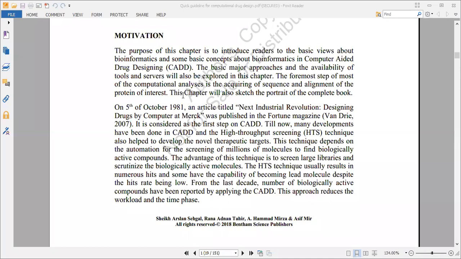After that, an experimental biologist or wet lab expert can analyze those 100 or 200 compounds in 2 to 3 years, and we can have a good sketch of that compound against that specific target protein or disease. By computational drug designing and high throughput virtual screening, the time frame reduces. So now researchers first analyze libraries of millions of compounds through computational high throughput screening or computational drug designing approaches to narrow the window of those millions of compounds down into hundreds or tens of compounds. After that, those compounds will be used for further